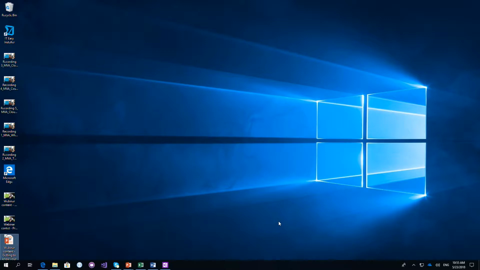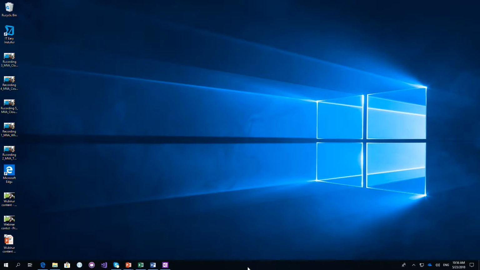Sure, thanks Megan. So as you can see, I've got my desktop screen in front of me, and now I'm able to search for things or even open up applications. With my mouse, as you can see, I'm moving it around, and I'm able to click on the Start button, which is on the bottom left-hand corner,